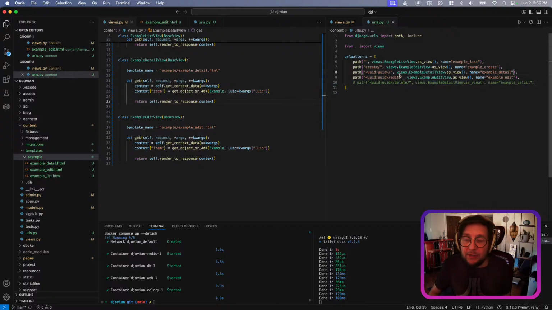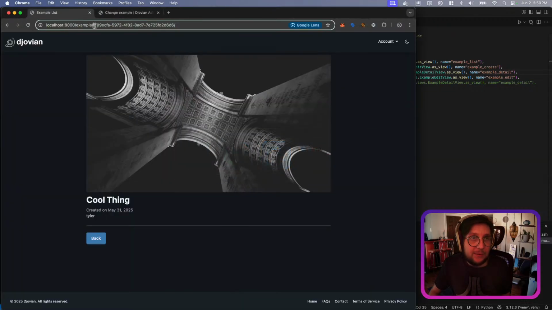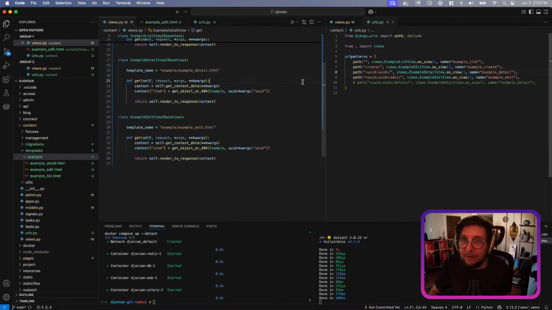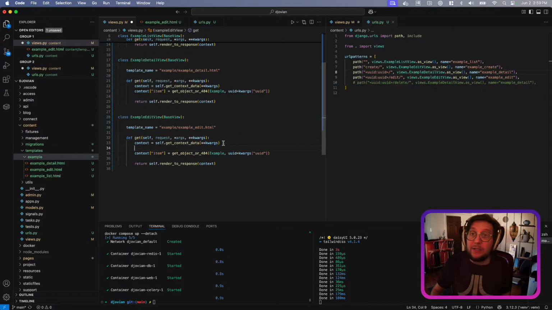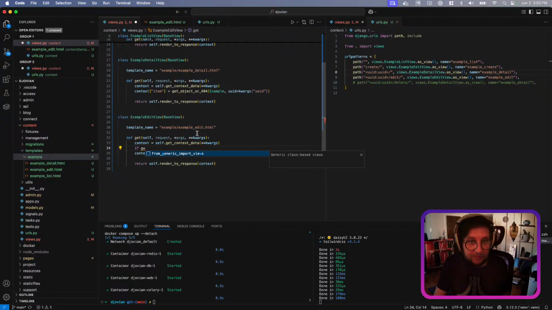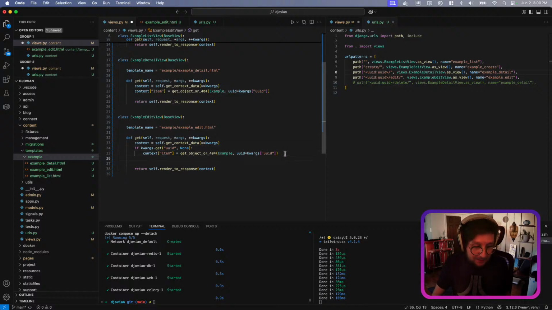Let's just test this out. We should be able to go to /example/create. And it's saying we have an issue because in our edit one, we're looking for a kwarg of UUID, which may exist, but it might also not. So what we can do is, if kwargs.get UUID with a default of None, we would do something. And in that case, it would be just like we did before. Else,